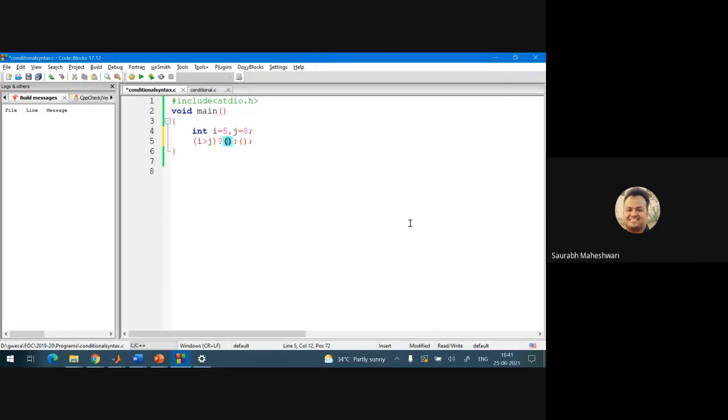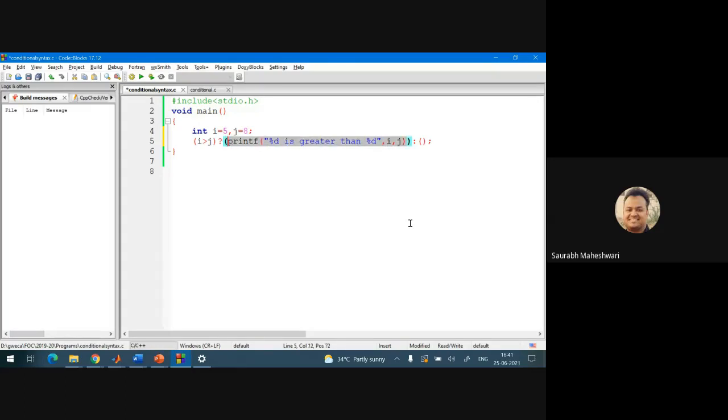So if it is true, what does it mean? It means you will write a statement here: %d is greater than %d, and the first %d is i, the second %d is j.